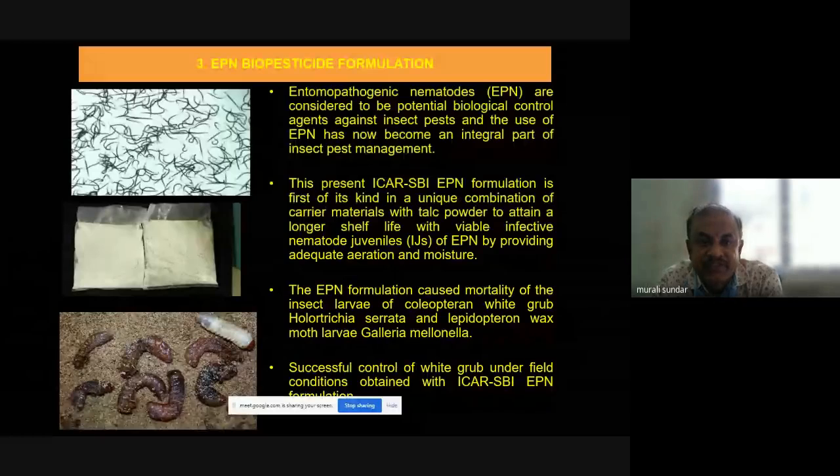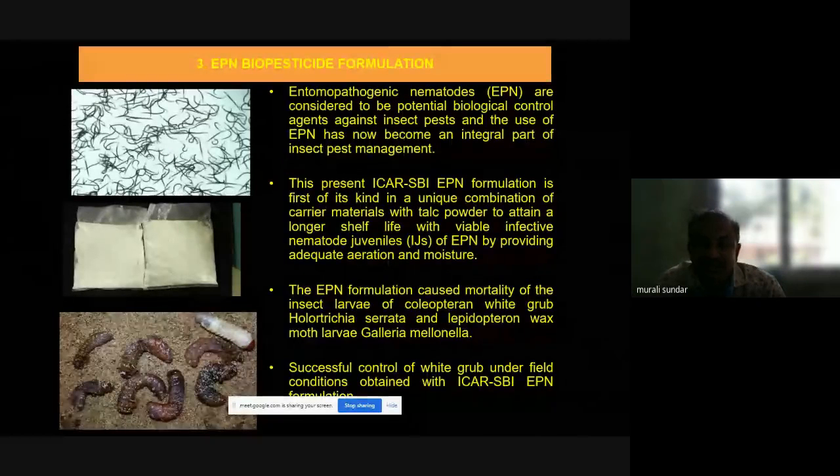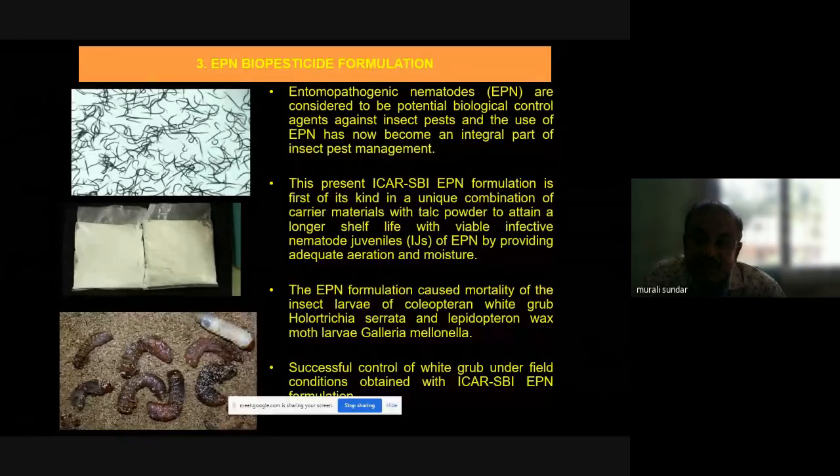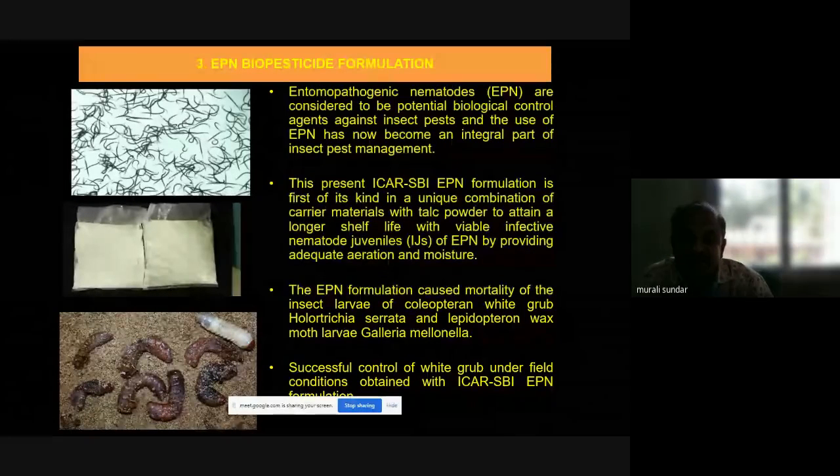This EPN biopesticide formulation developed by ICAR-Sugarcane is the first of its kind, with a unique combination of carrier material with talc powder to attain a longer shelf life with viable, effective nematode juveniles of EPN by providing adequate aeration and moisture. The EPN formulation caused mortality of the insect larvae of Coimbatore white grub, Holotrichia serrata, and the Lepidopteran wax moth larvae Galleria mellonella. Successful control of white grub under field conditions was obtained with the ICAR-Sugarcane EPN